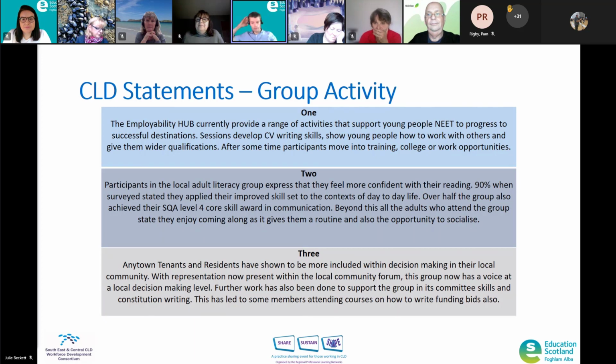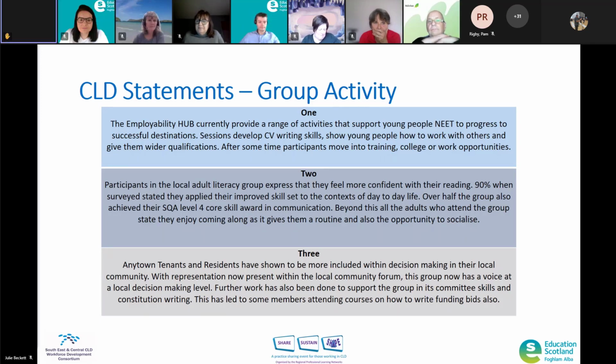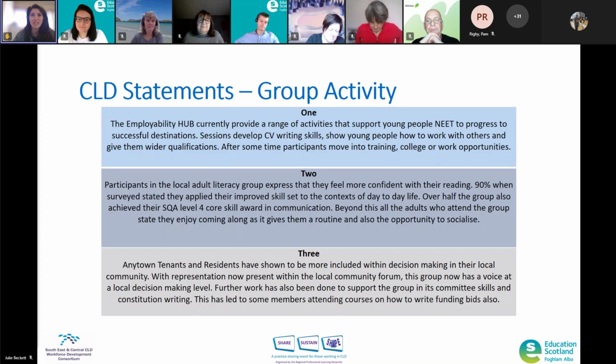And one final wee input there, Joanne, do you want to come in? We just had a wee bit of a conversation about the numbers of young people and participants as well, because sometimes that gives a big difference as to your 90% and your 10% and all that, because we're saying how many participants would really be in a local adult literacy group. So we said, maximum probably 10 or something like that. So actually your 90% is 9 and the 10% is really only one person. So it's just about using the percentages with smaller numbers. It's sometimes something to think about.